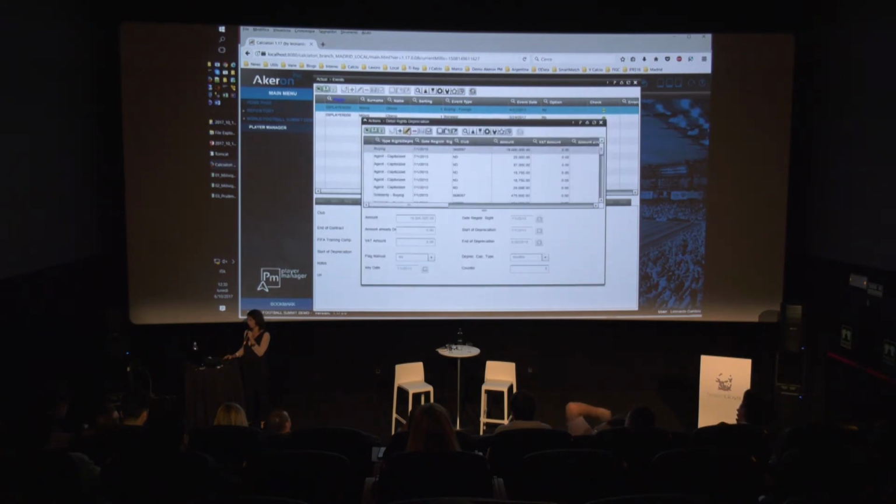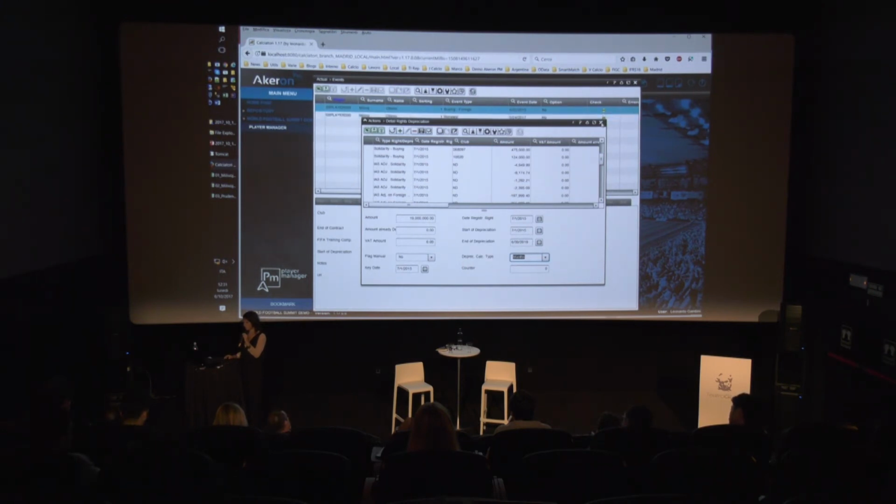Here, it's easy because you can see in the same window everything that composes the player's rights. So from the beginning you have the purchase price, then you maybe have some other amounts that have to be added, such as the agent, that in this case is capitalized. Then you can also change manually the beginning and the end of depreciation, and also the depreciation calculation type, which could be customized as you need, so for example in the number of days. And you see that there are other amounts such as the solidarity and also negative amounts because of the interest